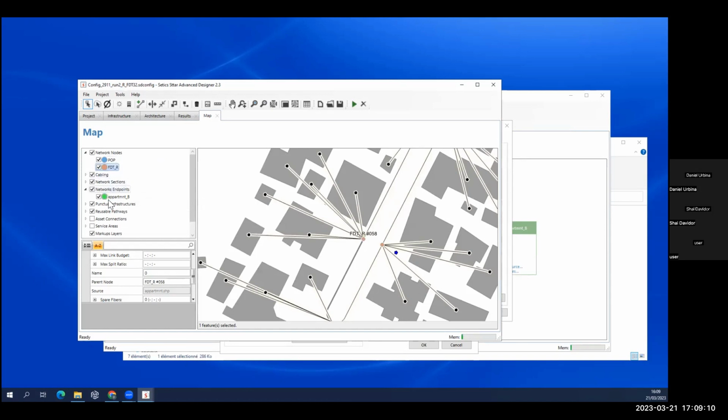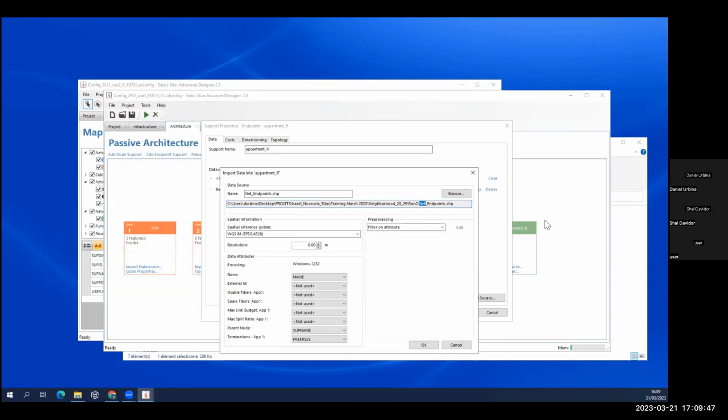This is a layer in star, in network sections. This is the output layer from star. And in this output layer, this is the layer that I'm using in my other config. You see that these are all the attributes generated by the star data model. There's an attribute called superior name, and superior name contains the name of the parent node, the immediate upstream node. So what I'm doing in my config file, my third run, is that